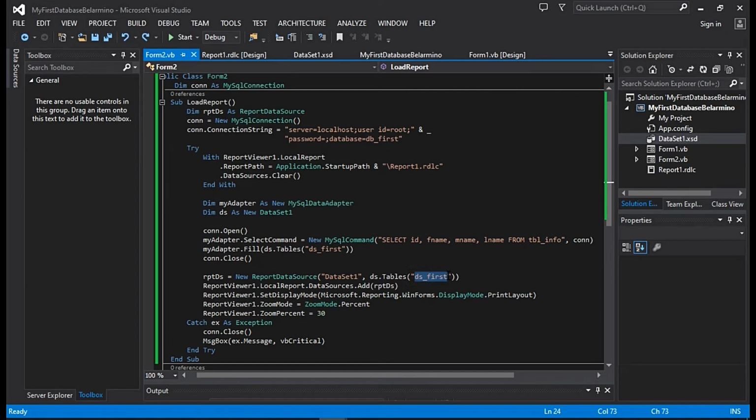Okay. May laman na siya, di ba? May laman na coming from this command. Nagkaroon na ng laman yung DS first. So, ngayon, dahil may laman na yung DS first, ibabato yan dito sa report viewer.localreport.datasource. I-add yan sa RPTDS, yung any laman na nilagay natin dito sa DS first na coming from this command